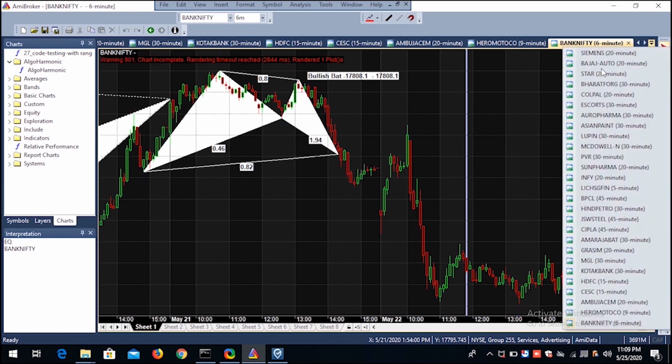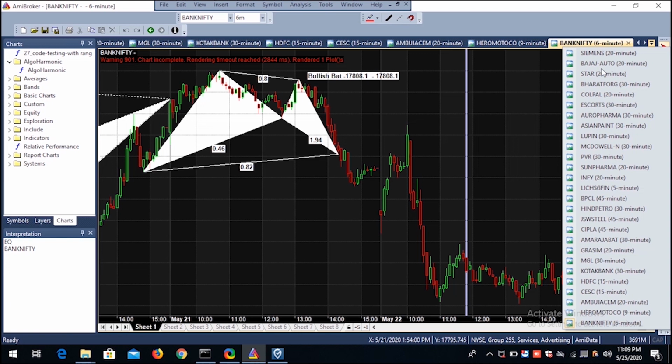So let me show you my watch list and how things are happening here. You can see a drop down over here where you can see the watch list. This many stocks are in my watch list. Every day these stocks, along with a particular time frame, will be scanned for harmonic patterns to generate a call. Currently I am running around 30 stocks in my watch list.